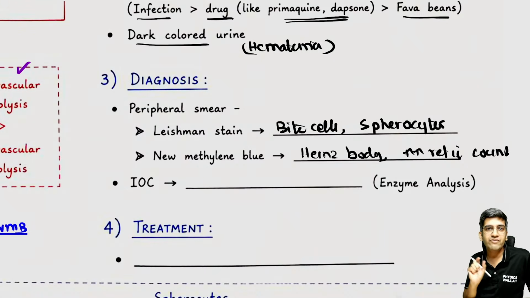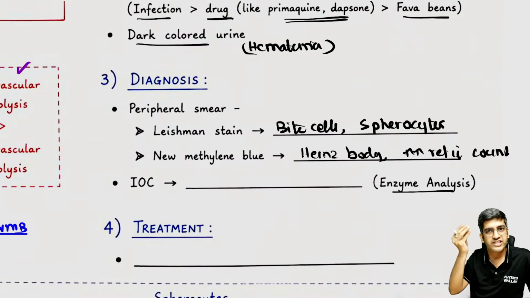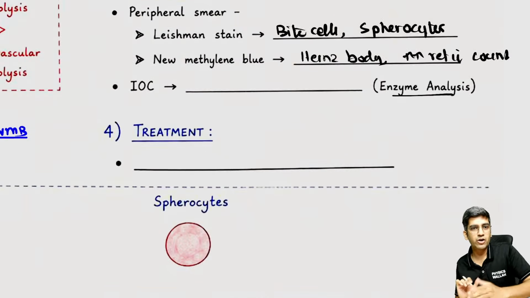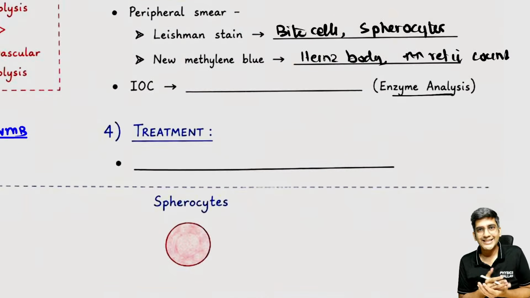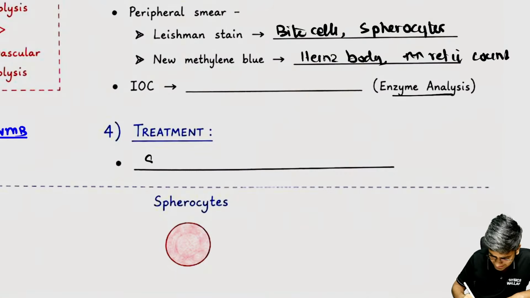But if investigation of choice is a heading, simple. It's an enzyme deficiency. Unless the enzyme is the investigation of choice, automatically you can take care of it. G6PD levels reduced. Diagnosis. That's all, right? How do you treat? Anyone? Then enzyme deficiency, G6PD deficiency. The natural thought which comes to your mind is replace the enzyme. Not that easy, right? It's just supportive treatment.